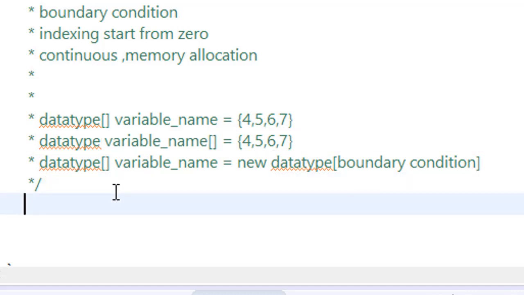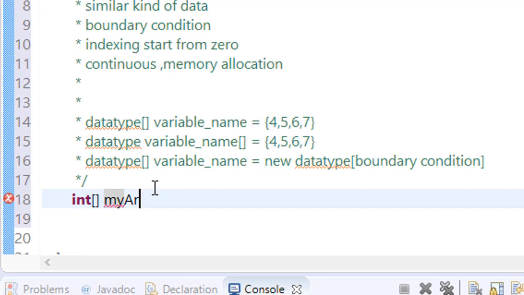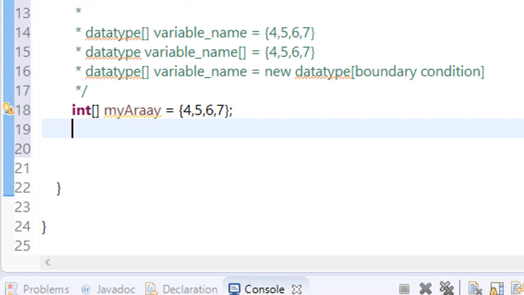So consider an array. For example, we consider int my array is equal to, you can assign your values here. No error, good. Similarly, for the second case, int my array is equal to 4 5 6 7.